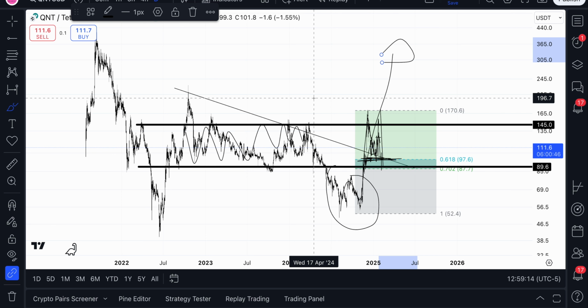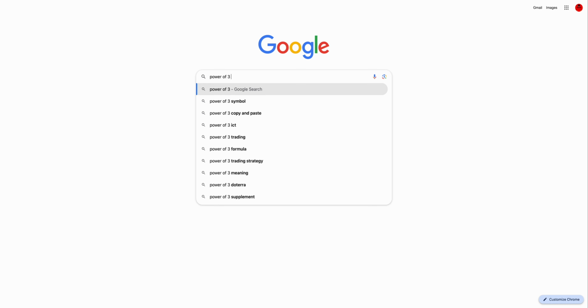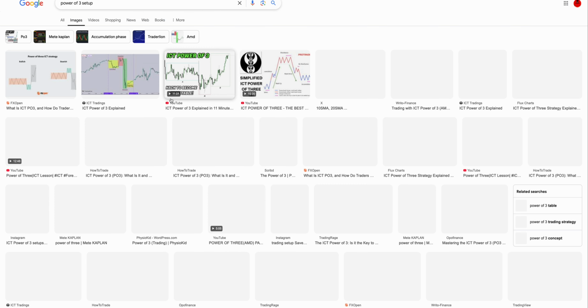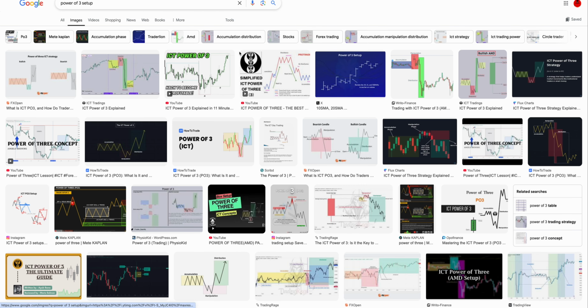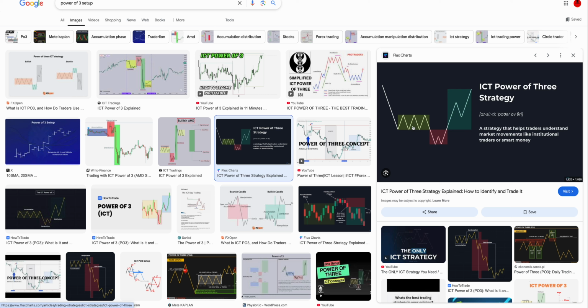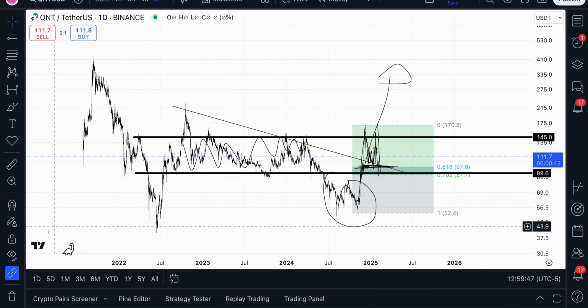Okay? Now, this is an example of a power of 3 setup. And whenever you spot these in crypto, they're super powerful. Especially in the futures market, when you're trading NQ or ES. See, accumulation, manipulation under the established range, and then you have expansion. You guys see this? So now, for the targets, what we would be looking at